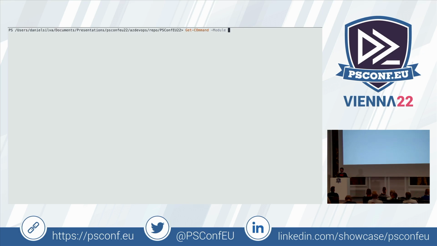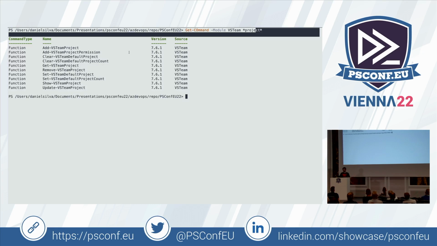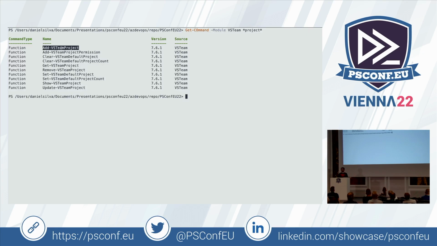Yeah, to be honest, I'm not sure if you can, but something that I didn't mention, but I do it all the time, is whenever I start to work with a different module or something new, the two commands that I use the most are Get-Help and Get-Command. So here, if I run the Get-Command for this module and I try to find something like project,